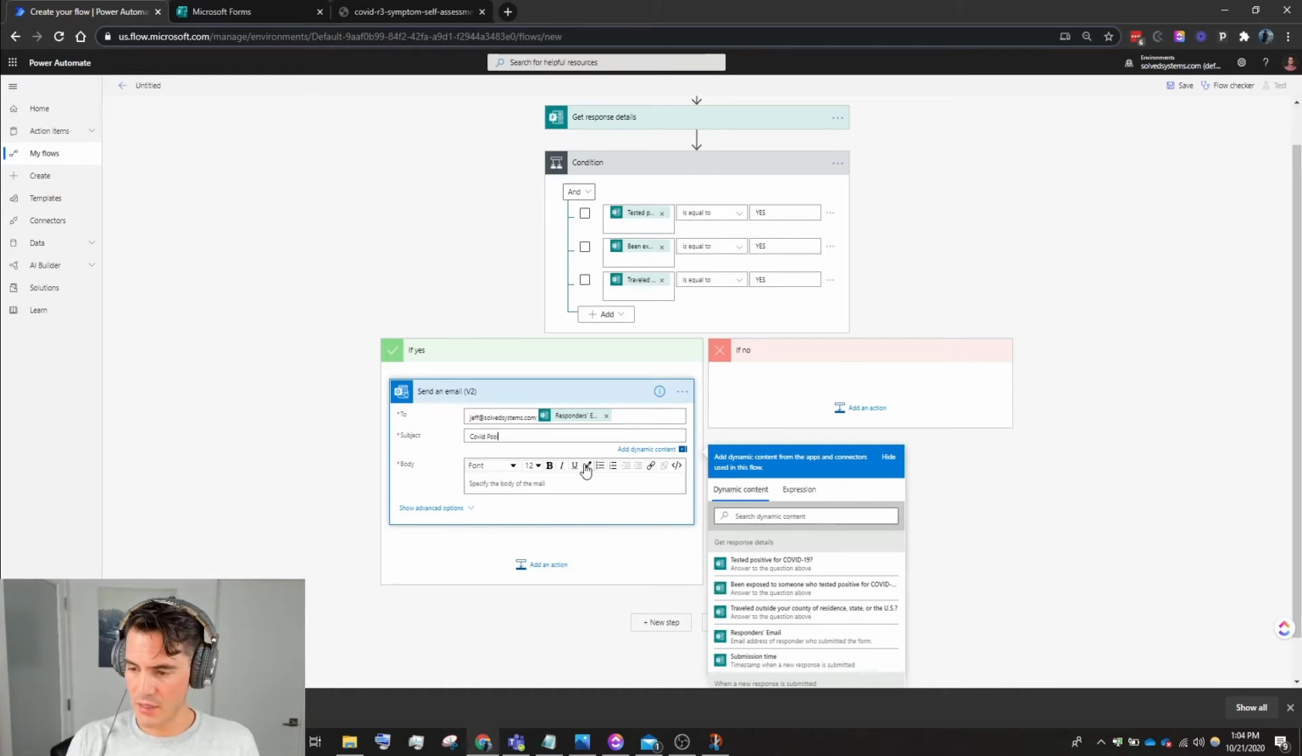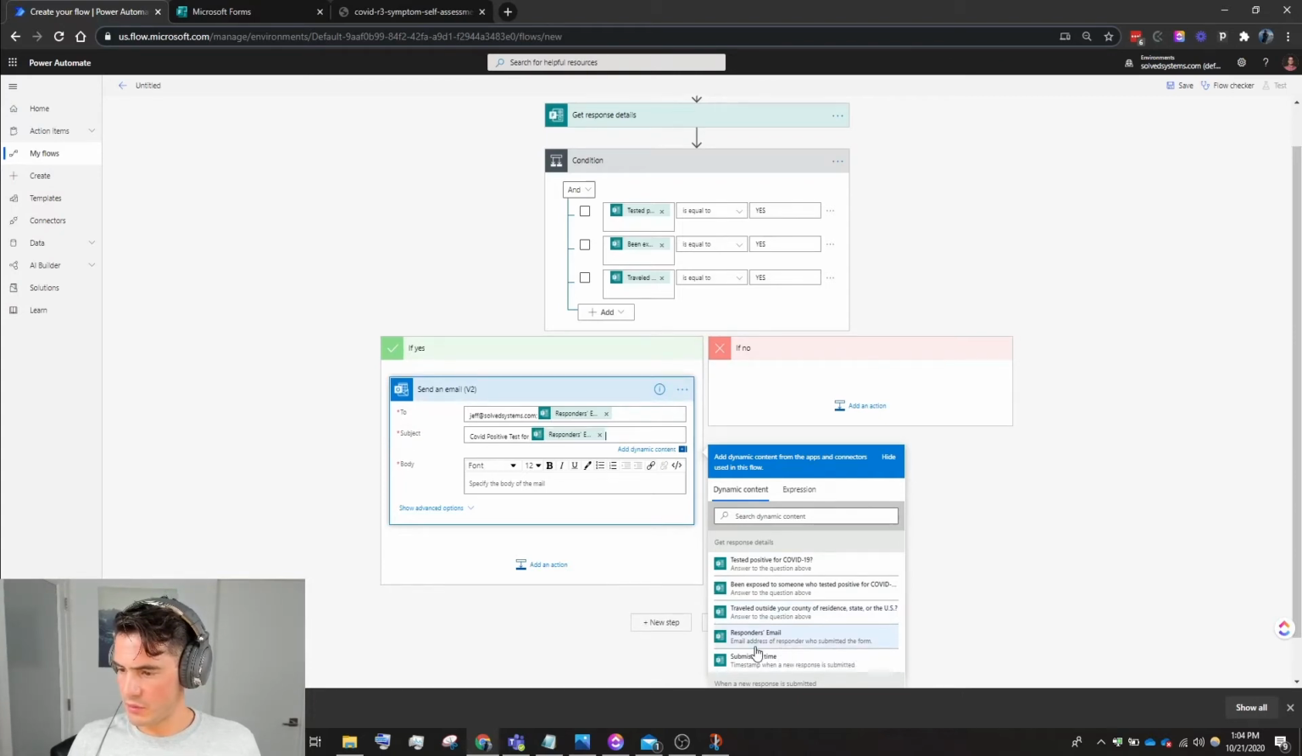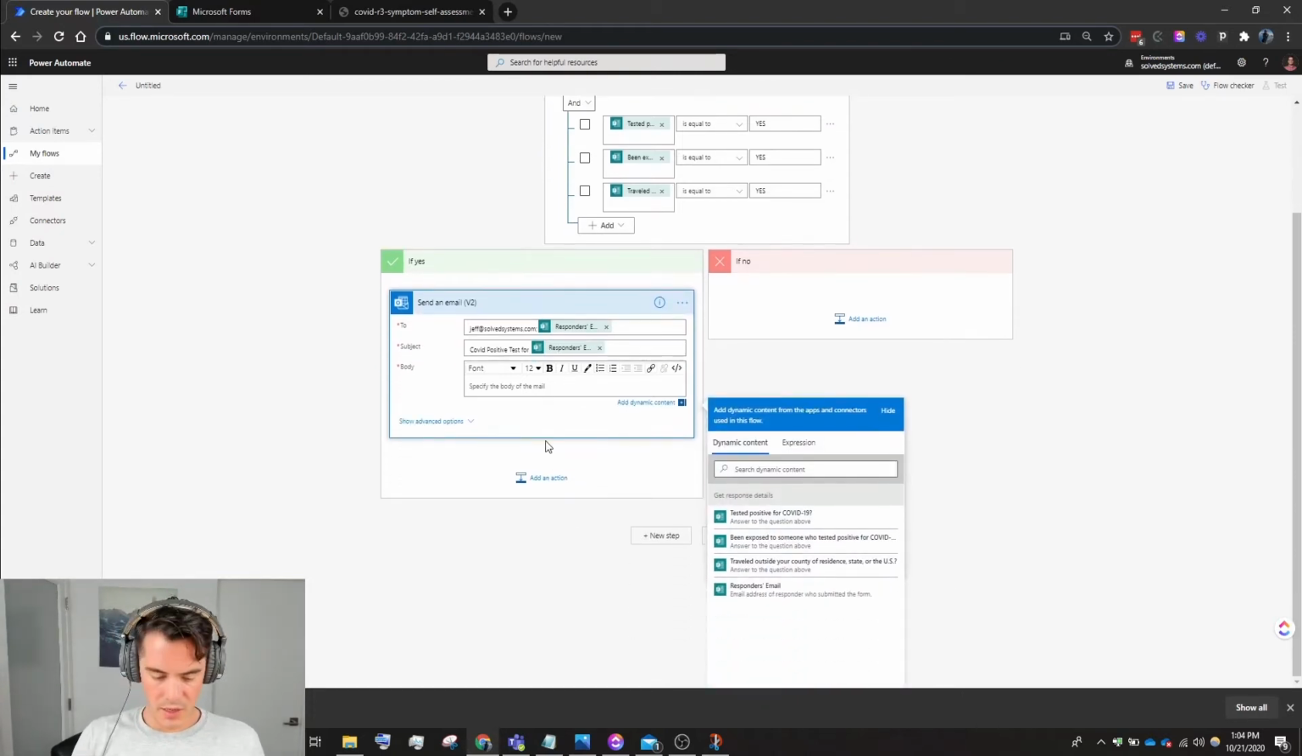And then we'll say COVID positive test for, and then we'll pick again the responder's email address, and we'll say this person has tested positive or is exhibiting symptoms of COVID-19. We could do a lot of different things here, but for the sake of this video, what we're going to do is add